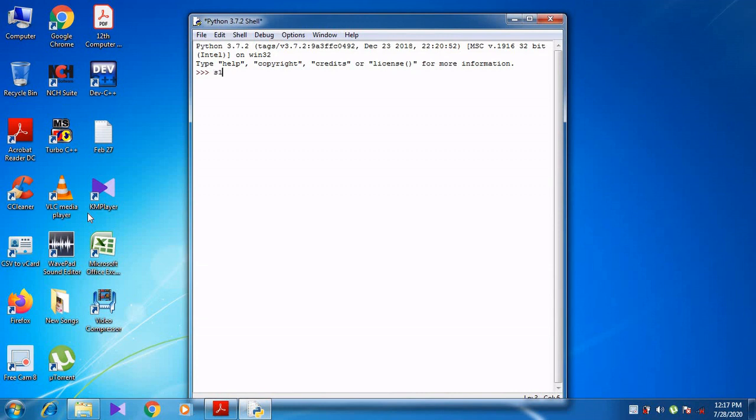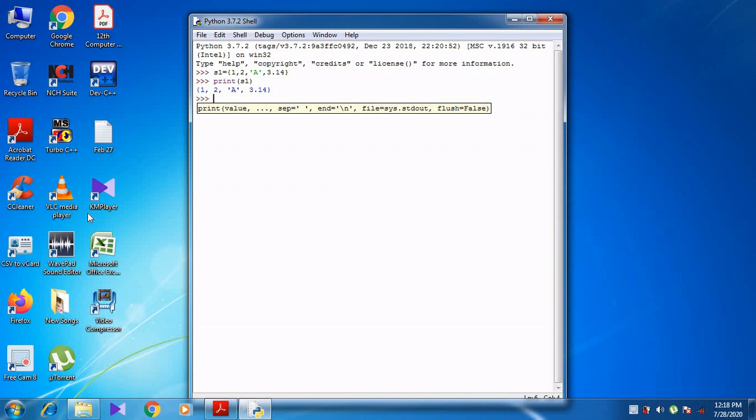So S1 equal to open curly brace 1, 2, single quotes A, 3.14, close the curly brace. So now the values are stored here. Now I use the print function, print S1. So when I press the enter key, now what happens?